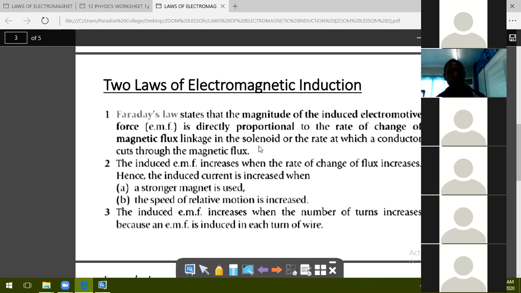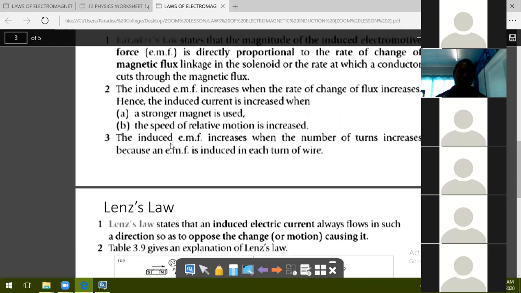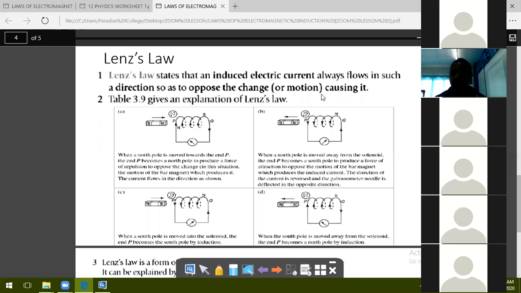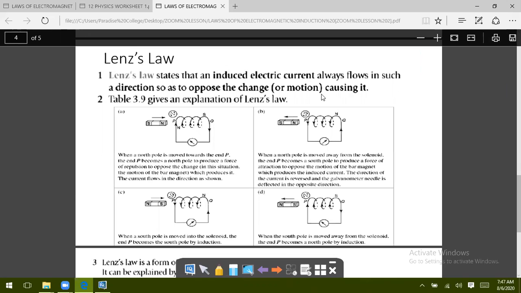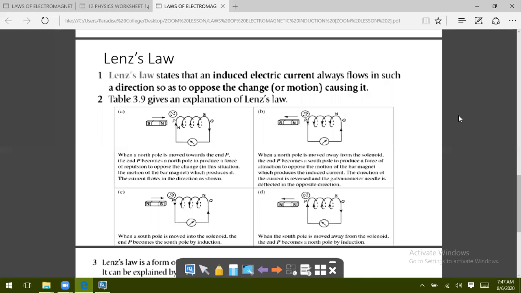Now, moving a little bit further down, we got Lenz's law. Lenz's law states that an induced electric current flows in such a direction so as to oppose the change or motion causing it. Let's take a look at the diagram. There is a diagram that is given. Now when you take a look at this diagram here,